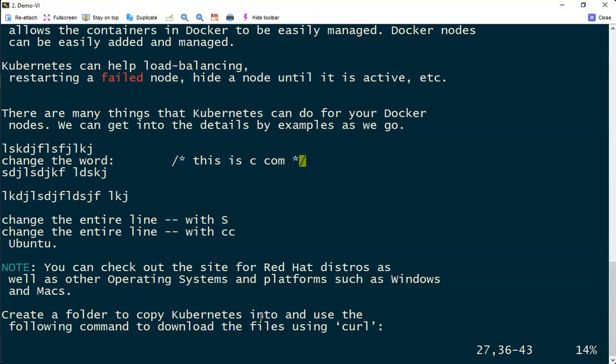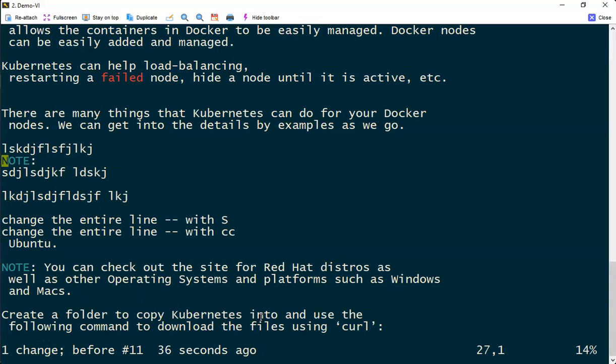So the moment you press escape, it is considered as one change. If I do U, it is going to go back and undo the previous change, which is whatever the escape that you did. If you do Control R, it is going to redo. Now I just want to get back the entire line to its original form, I press Shift U.